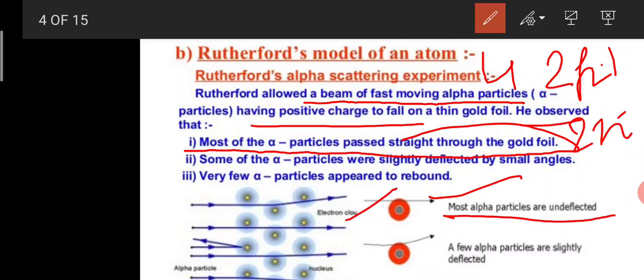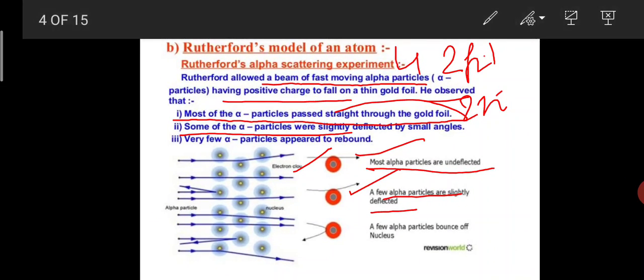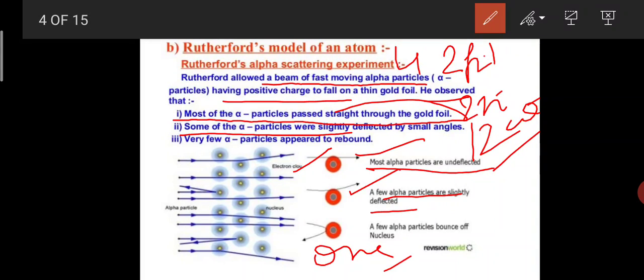And some of the alpha particles were slightly deflected. You can see this diagram. A few alpha particles are slightly deflected. And out of 12,000 rays, one ray bounces off the nucleus. You can see there are the 3 observations. He observed 3